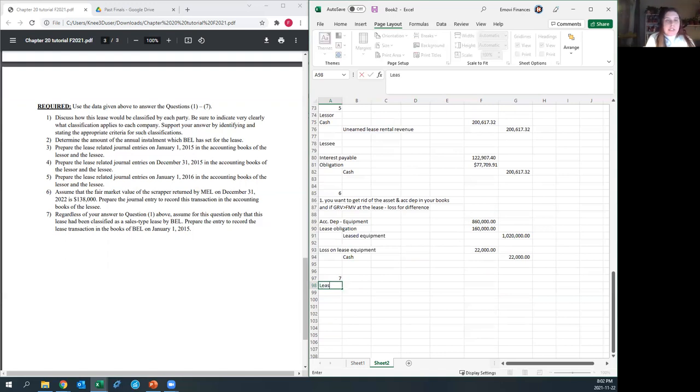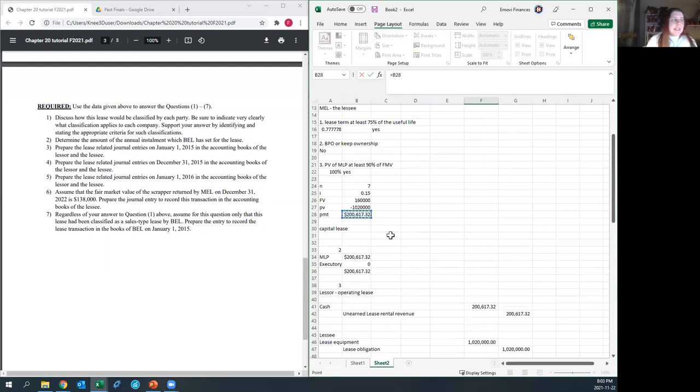So we're going to have our lease payments receivable. This is going to be your lease payments receivable. Hold on, I went blank. Oh, this is going to be your minimum lease payment